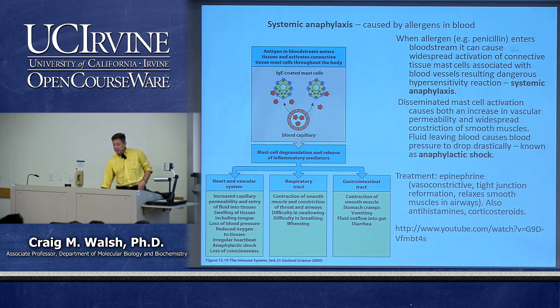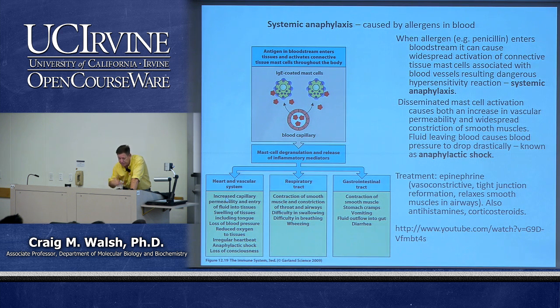For example, let's say that you're hypersensitive to penicillin. This then comes into the bloodstream, and if it's coming in through the bloodstream, it can be disseminated throughout the body. So this could then lead to a systemic hypersensitivity response. An example of that here is you have these blood capillaries. Penicillin's going through and then ultimately makes its way inside of the tissue, where you then have these pre-coated mast cells with IgE on the surface that can bind to this allergen, and the result then is that you get the degranulation of these mast cells. In the heart,